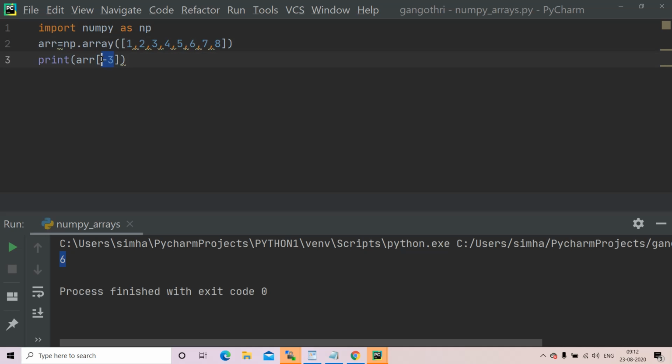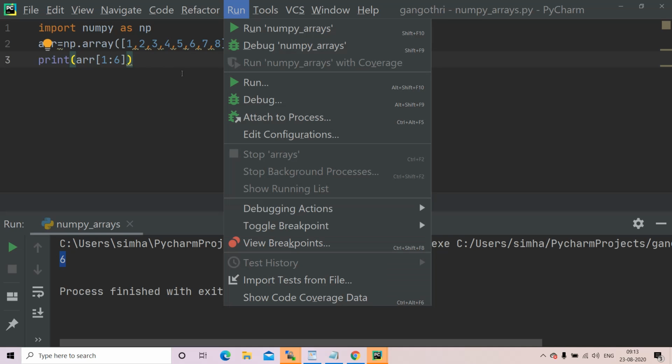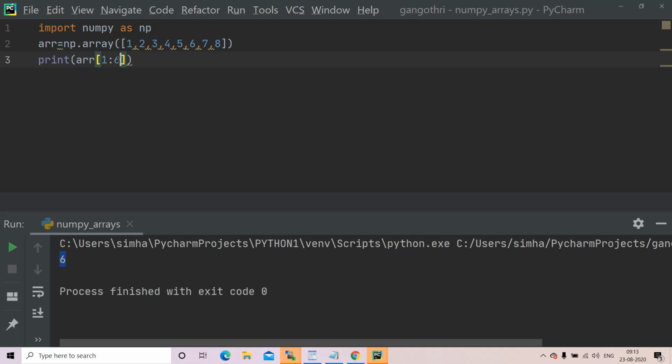Now let us see about slicing, basic slicing of arrays. Within slicing we have 3 parameters: start, stop and step. The 3 are separated with a colon, and if you do not want to give any of the parameters, you can leave it out. So first let me have only my start and end parameter, 1:6. And remember that as in the range function, the end value stops 1 before the end value we have specified. Okay,